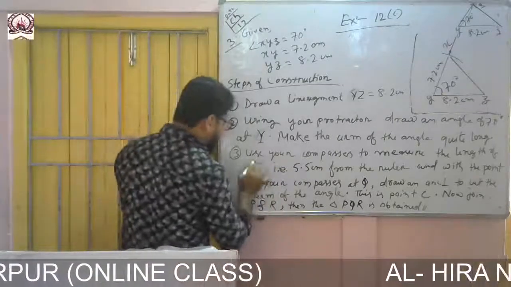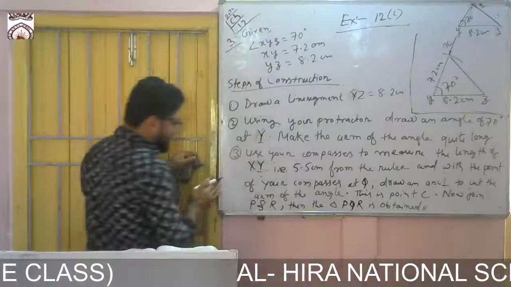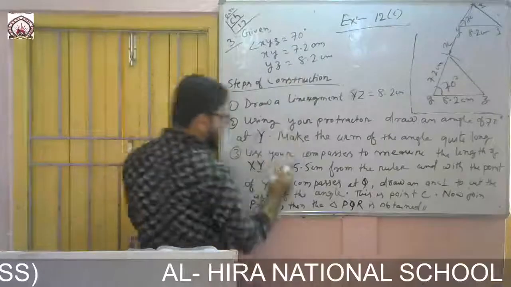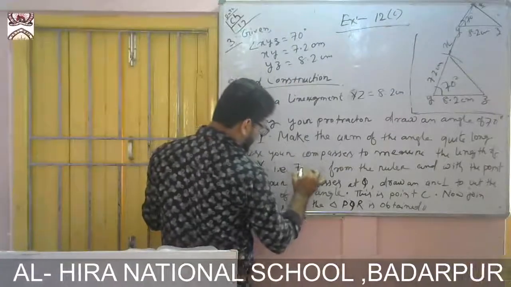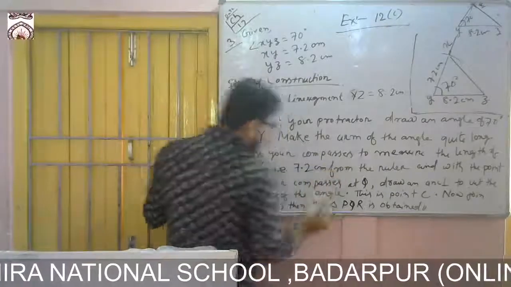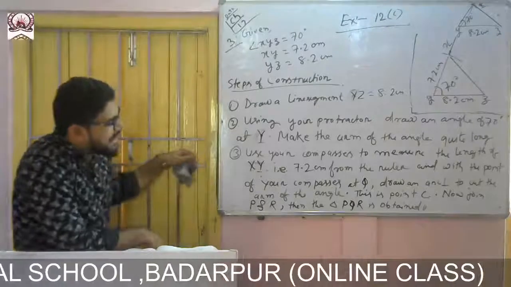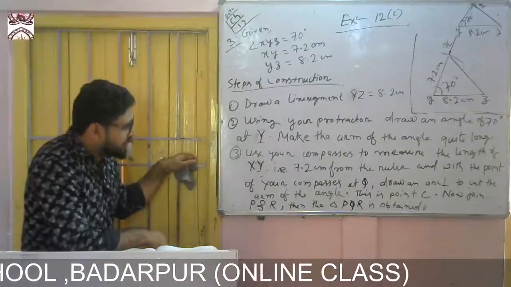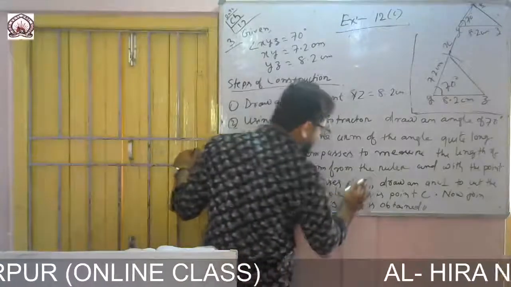You write it in capital letters. XY is 7.2 centimeter from the ruler. And with the point of your compass at Y,